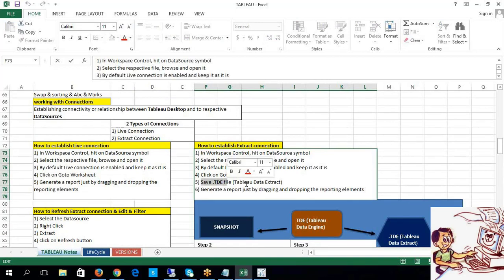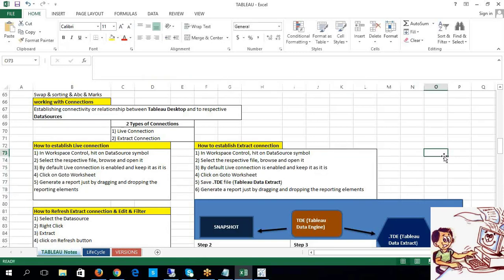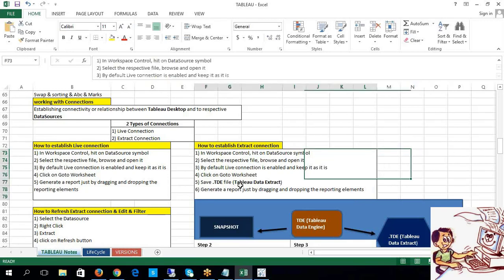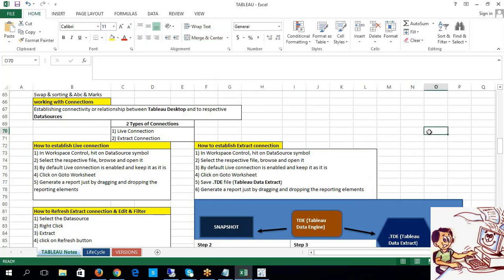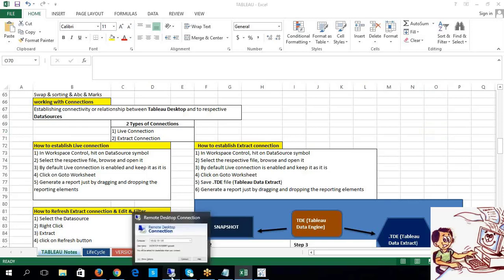The TDE stands for Tableau data extract. We are supposed to be very familiar with the terminology, and not confuse it. So what differs is only the TDE file. Now here we go, guys. Let me show you right away how this TDE functionality is going to work.